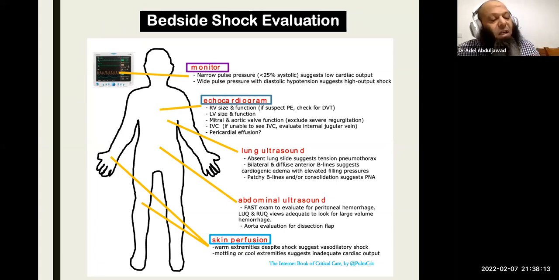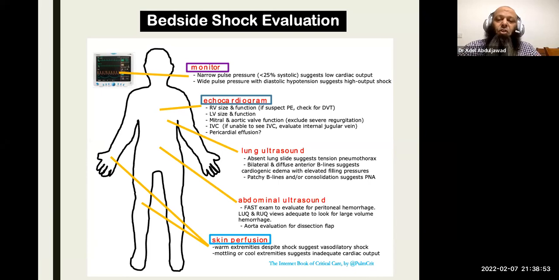Then now, at least in most of the ICUs, they have the bedside echo or the POCUS or the point of care ultrasound. We call it now, instead of the stethoscope, the point of care ultrasound is supposed to be the standard of care, and we call it point of care in critically ill patients. So it's very difficult sometimes to manage a patient in the ICU and you don't have the ultrasound or portable ultrasound. It helps you for